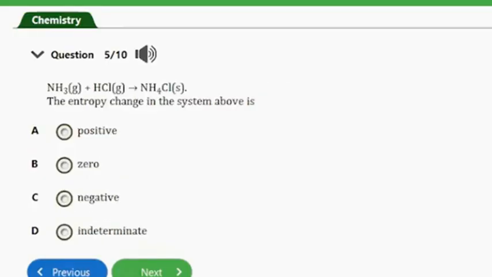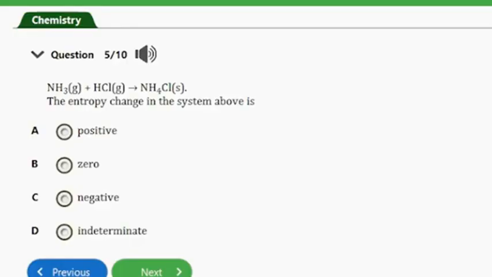Question number 5. So we have an equation of a reaction here, ammonia gas reacting with hydrochloric acid gas to yield ammonium chloride in solid. So the question here says the entropy change in the system above is A. Positive, B. 0, C. Negative, D. Indeterminable. So guys, the answer to this question is definitely option C, and that's negative, because the reaction actually went